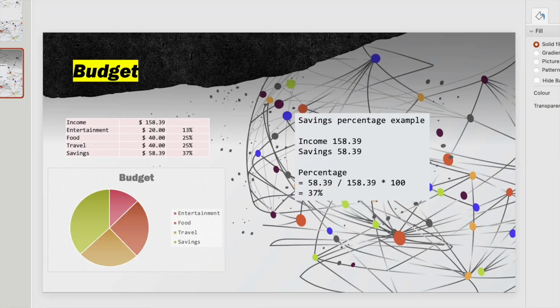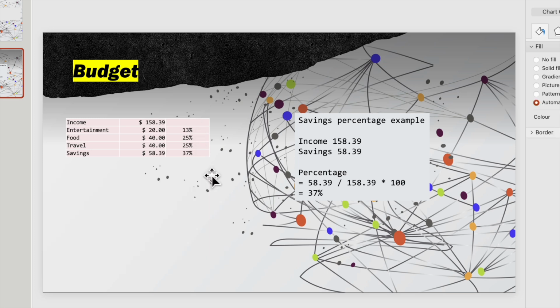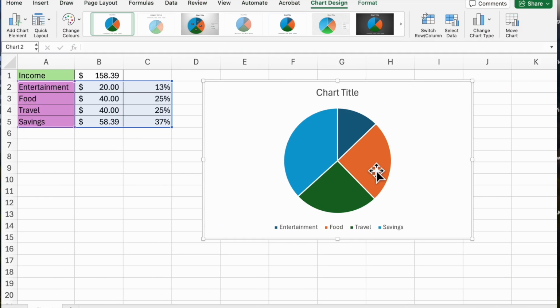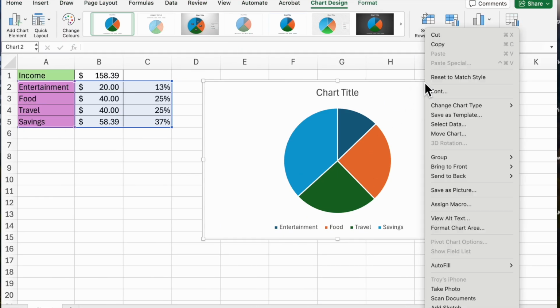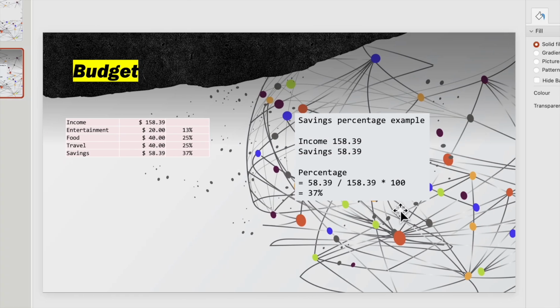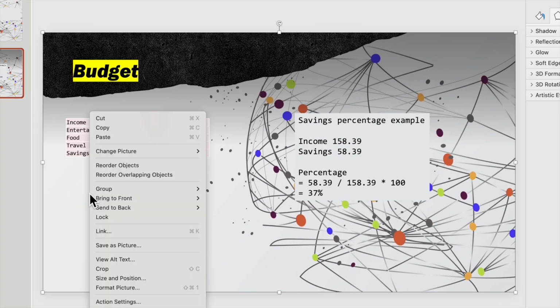Right. Now, when I look at my budget, I just retyped in a table, right, with those items, amounts, and percentages. Right. And I'll remove the example that I put in there, and then I just go back over to my spreadsheet. I copy the graph. I paste the graph